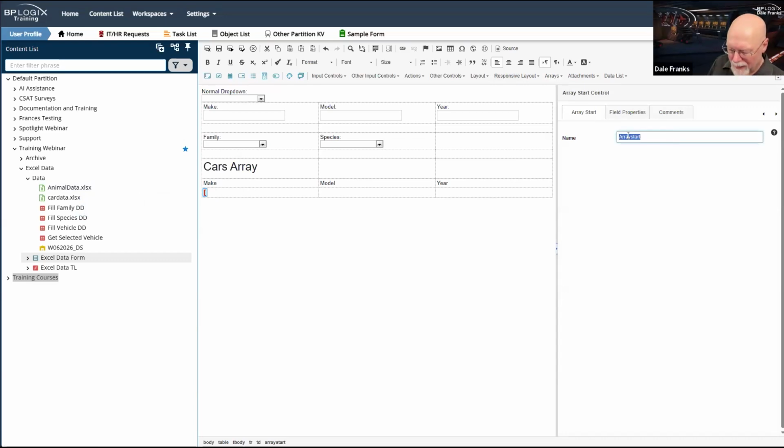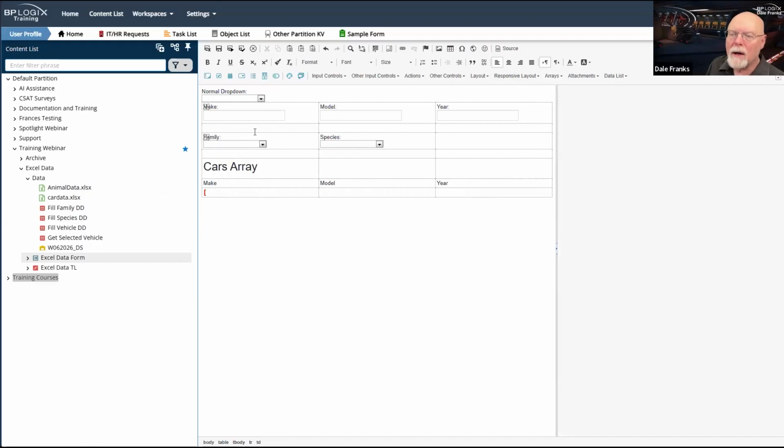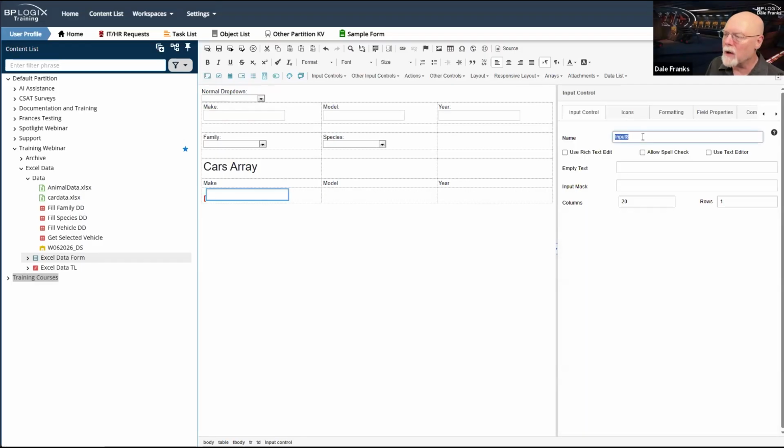And I'm going to copy that because I'm going to need it. And so right here, we are going to throw in a text field, which we are going to call make2. And then we're going to need model2.